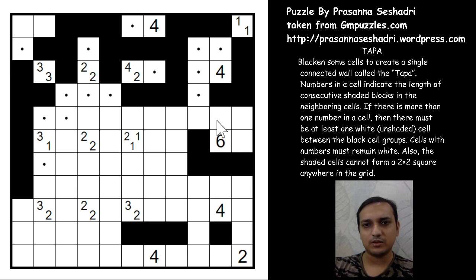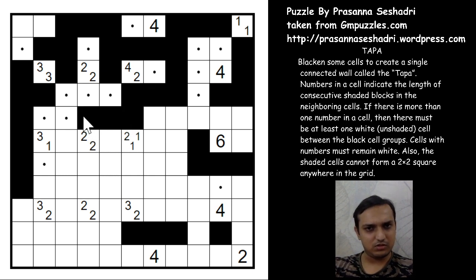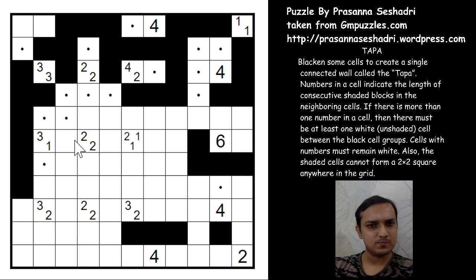So these 4 black cells are shaded here for the 6, and it can either come this way or this way. So if you see for the 4, as we already saw in the patterns there, if you have a shaded cell here, the opposite cell for the 4 clue, if there is a single floor clue, the opposite cell will be unshaded here, right? What happens if I have a shaded cell here? So again, to connect to the other cells, it will, okay, it is possible, sorry. So I cannot have for the 1, I cannot have this cell shaded. So we have for the 1 this cell shaded.